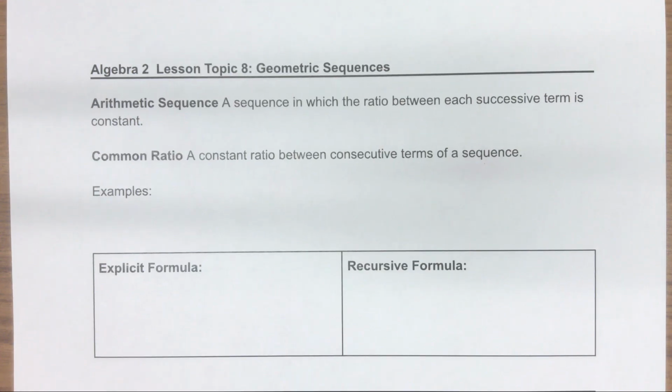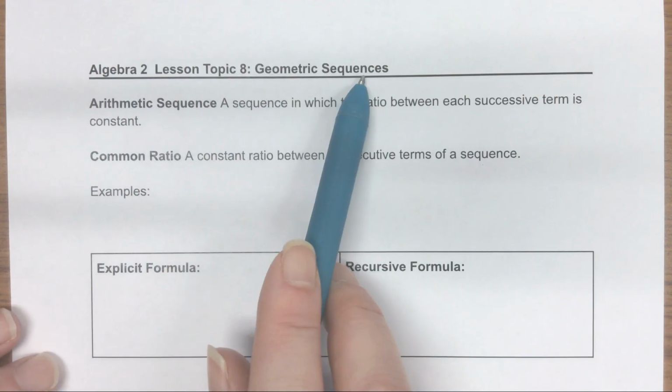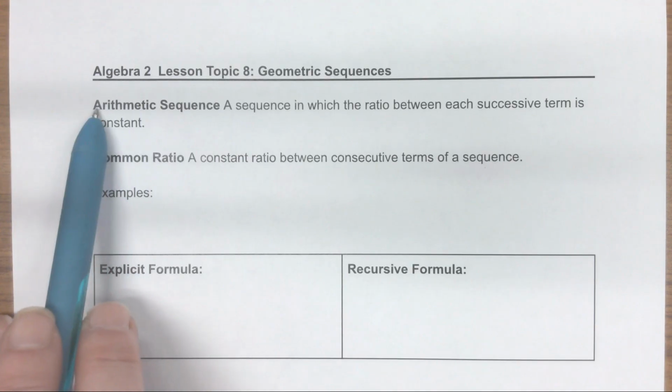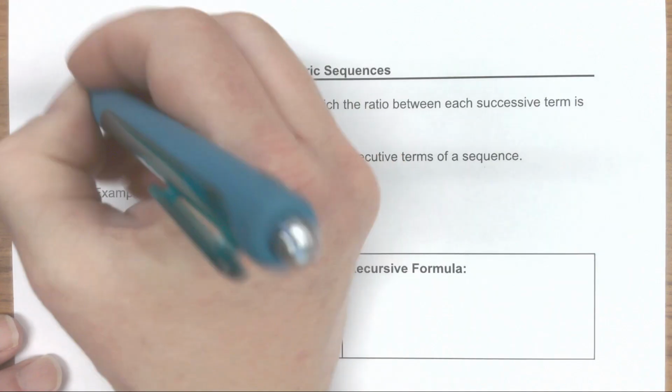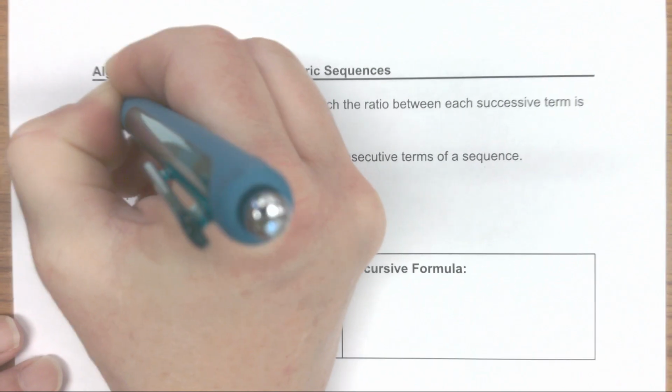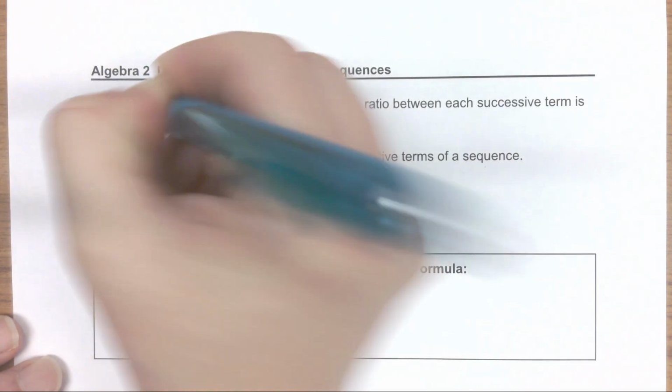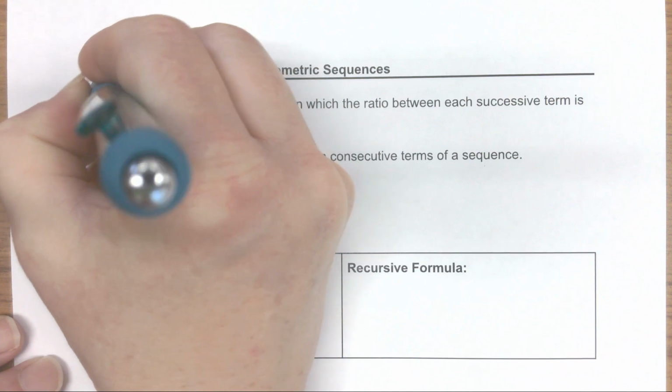Okay, so the first thing is, I owe you guys a bunch of Jolly Ranchers because I made a typo. We're talking about geometric sequences here, and the very first thing I wrote was arithmetic sequences. So would you cross arithmetic sequences out? We're not talking about those. We are talking about geometric sequences